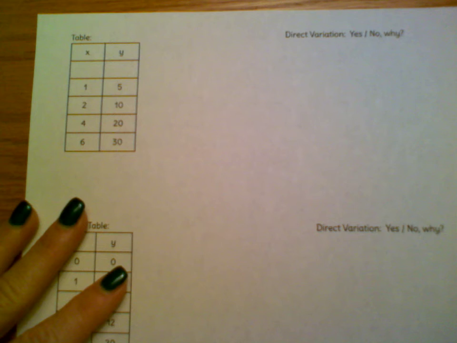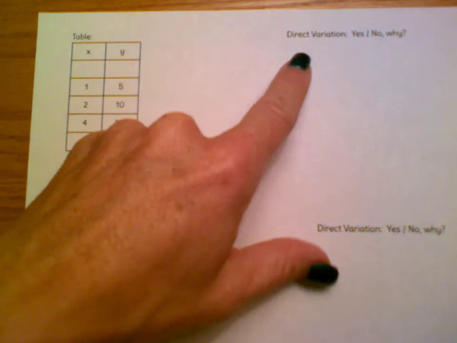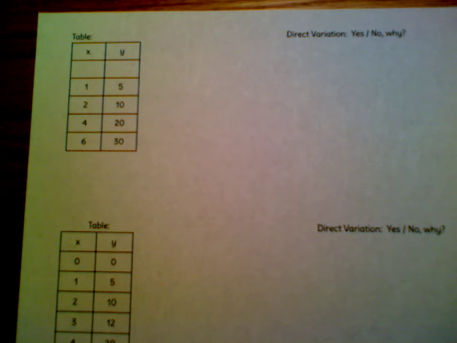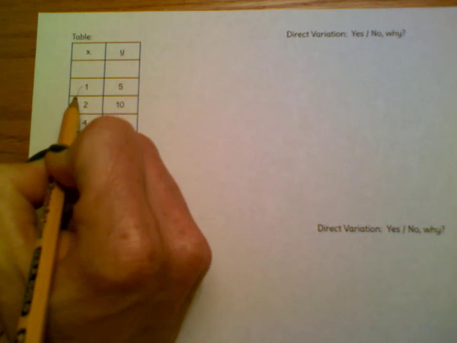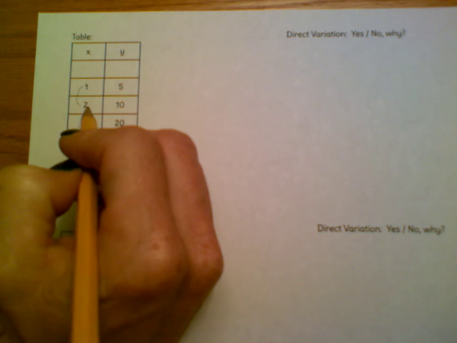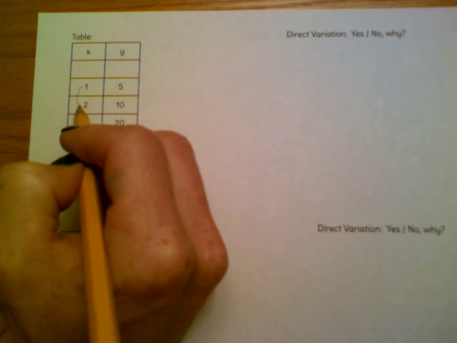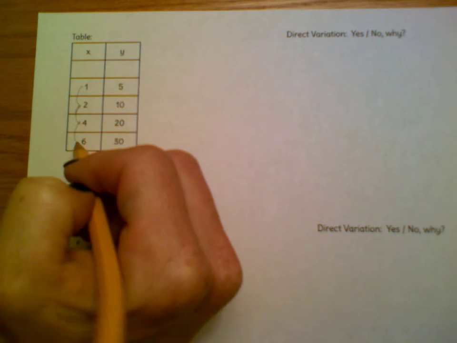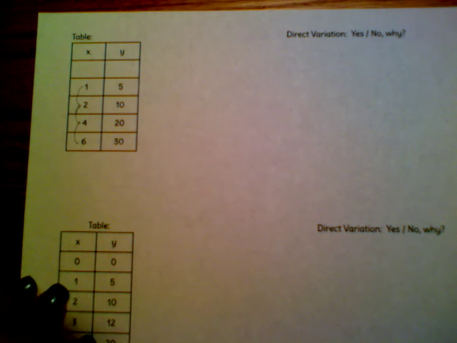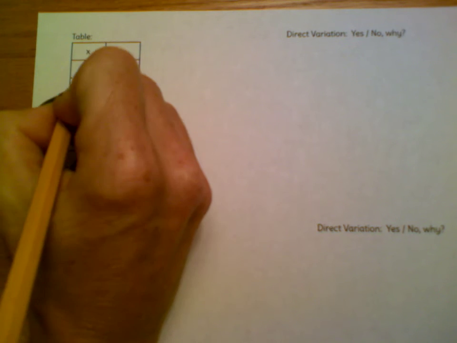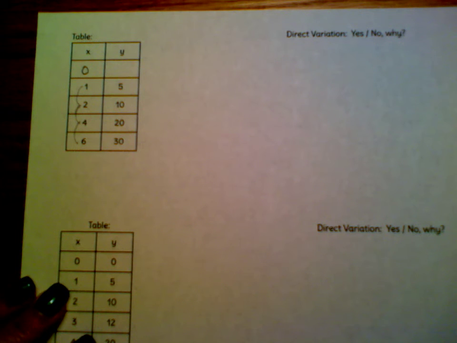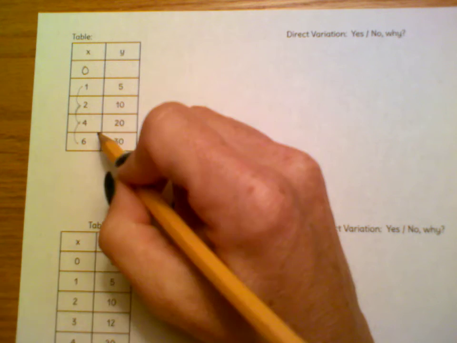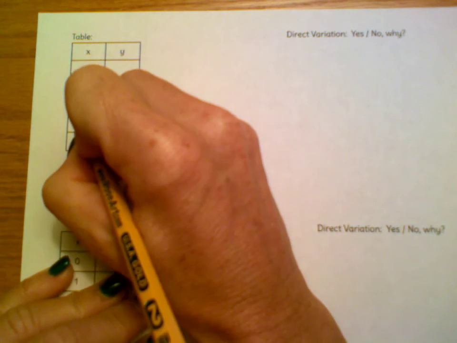Okay, now we're going to look at tables and see if we can figure out the same answer to the question of direct variation from a table. So what I'm looking for are patterns in a table. So I see that this doubled. This went up by 1, went up by 2, went up by 2. So what I want to see here is I need to back this up for 0. If I put in a 3,